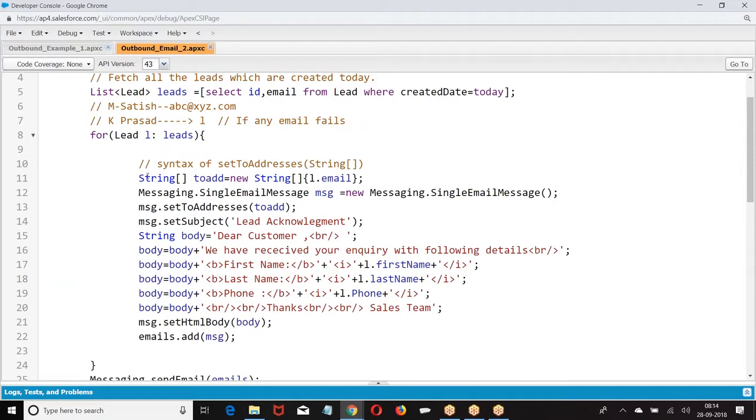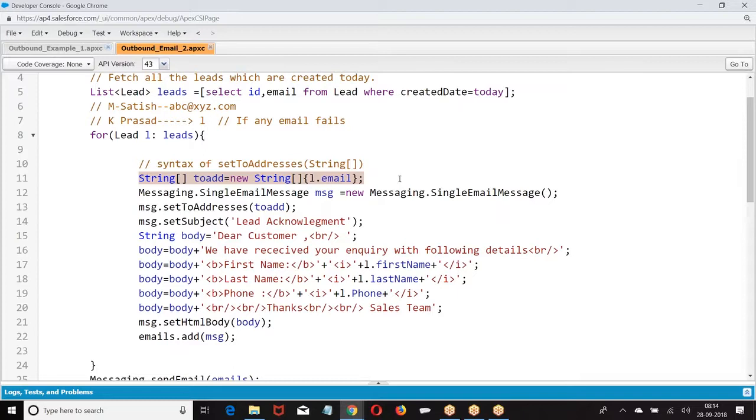Next question the people asked: why an array? Now it is expecting an array of To addresses. There is scope that you may pass one address or multiple addresses. So they have taken a list. Why do you take a list while writing a program? When you are not sure about the size, you take a list. In the list, I may put only one element, I may put 2 elements, I may put 100 elements. Am I right or wrong?